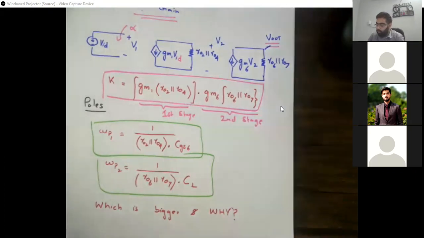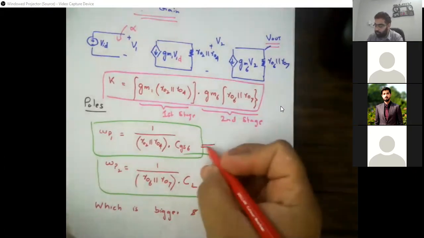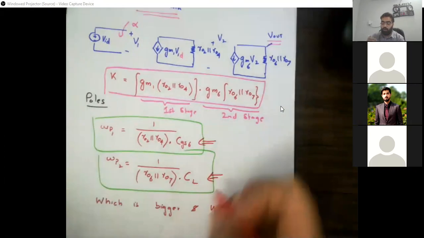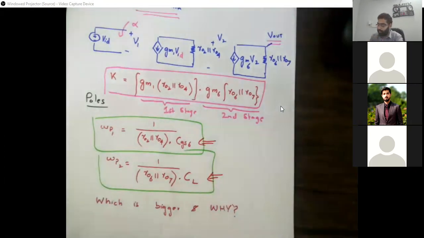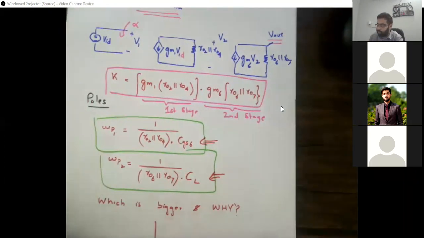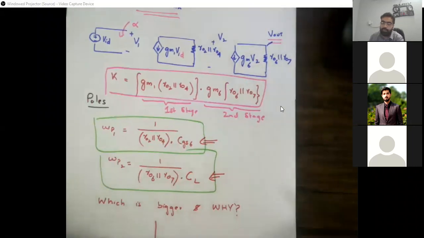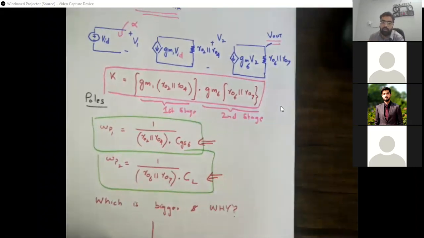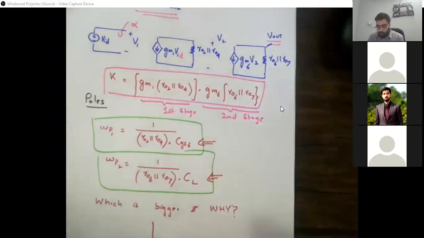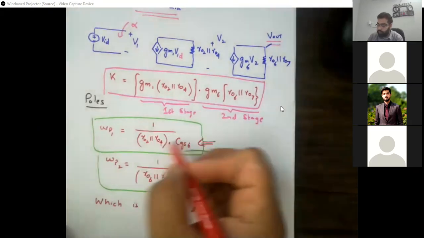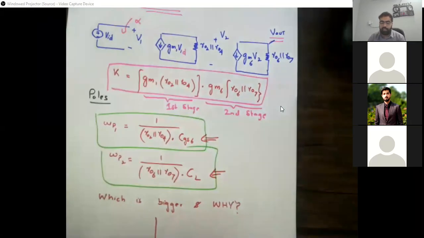Dominant pole definitely वो होगा जो इनमें से bigger value होगी। क्यों? क्योंकि dominant pole वो होगा जो ओमेगा के स्केल में पहले आएगा, and that will decide the bandwidth, और जो ओमेगा के स्केल में पहले आएगा this means inverse वो बिगर वैल्यू होगी, ठीक है। तो इन दोनों में से ओमेगा P1 और ओमेगा P2, या इन दोनों के जो multiplication of resistance and capacitor है, बड़ी वैल्यू किसकी होगी आप लोगों के ख्याल से? एक intuitive guess क्या होगा?